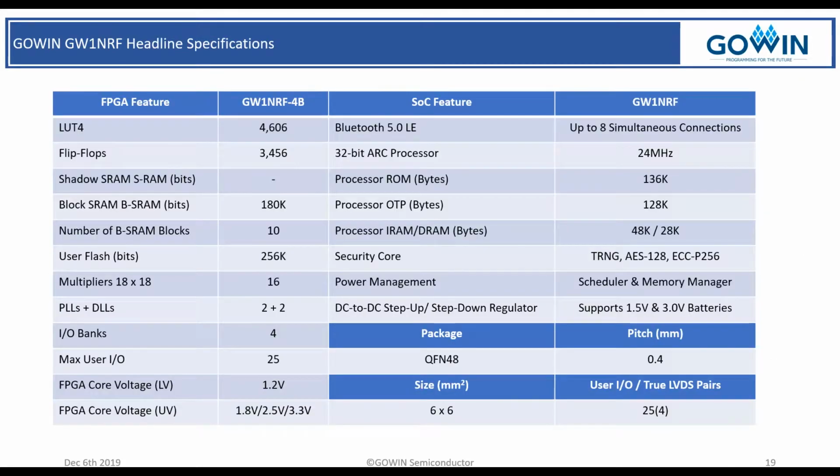So I'd like to take this opportunity to quickly run through some of the GW1N RF headline specifications. Now, the feature table is divided by FPGA and SoC features, but I can't really emphasize enough that the GW1N RF device is very much a fully integrated all-in-one BLE solution that benefits enormously from the flexibility afforded by the FPGA fabric. This FPGA fabric provides 4,500 lookup tables, 3,500 individual registers, 180 kilobits of block RAM, which is distributed